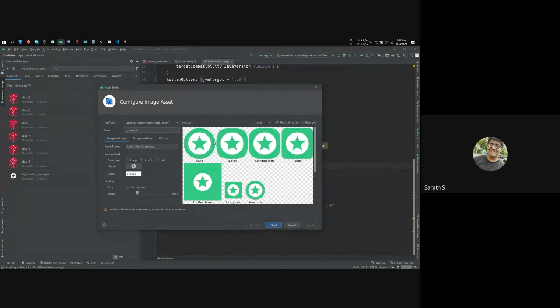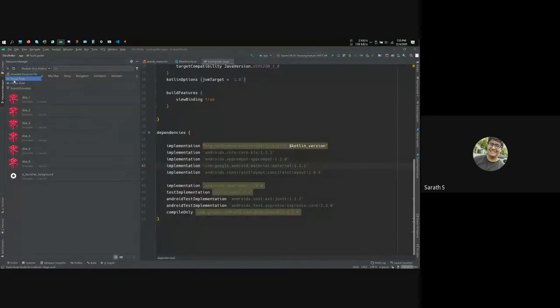So whenever, if you know, there is a WhatsApp logo, right? That's what this is, the same for your app. So this is the icon which I gave. You could modify your color, background color, foreground image, icon, all the stuff here, and it just shows all the sizes of the icon that you want. So you just give next and you set your icon. That's it for image asset.